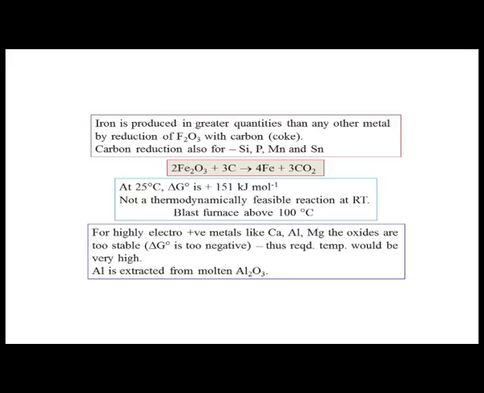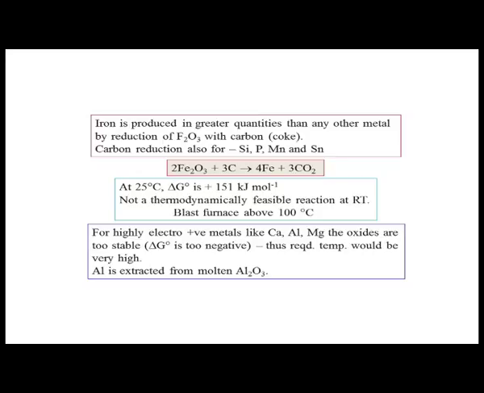What we find in this metallurgical process is that for this particular reaction we have a corresponding free energy change, that means the delta G 0 value, the thermodynamically quantitative value, and delta G 0 is a positive quantity. So, it is not a thermodynamically feasible reaction, because we always know that the free energy change should be negative. Then the reaction will go fast, being kinetically as well as thermodynamically favorable. But in this particular case, we follow the reaction at room temperature, 25 degrees centigrade, and at that temperature delta G 0 is plus 151 kilojoule per mole. So, the reaction is not at all good, if at all it goes to the right hand side, because it is not thermodynamically feasible. Forget about its kinetic rate, how fast we generate